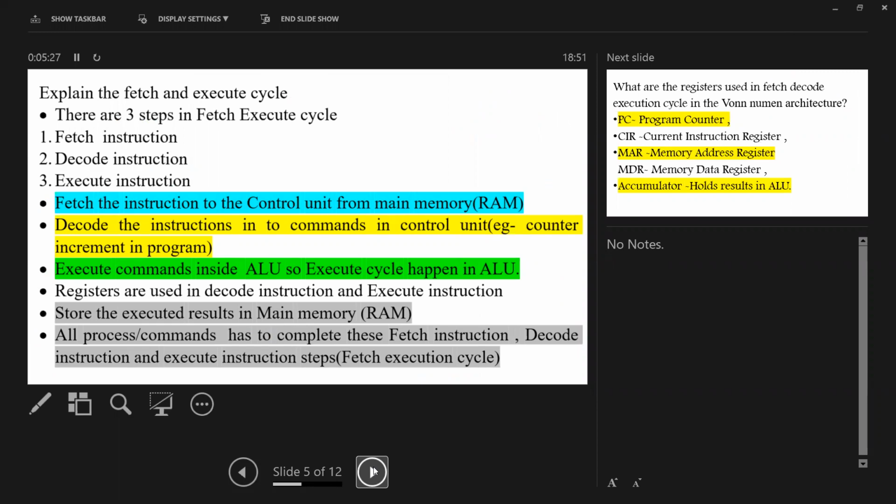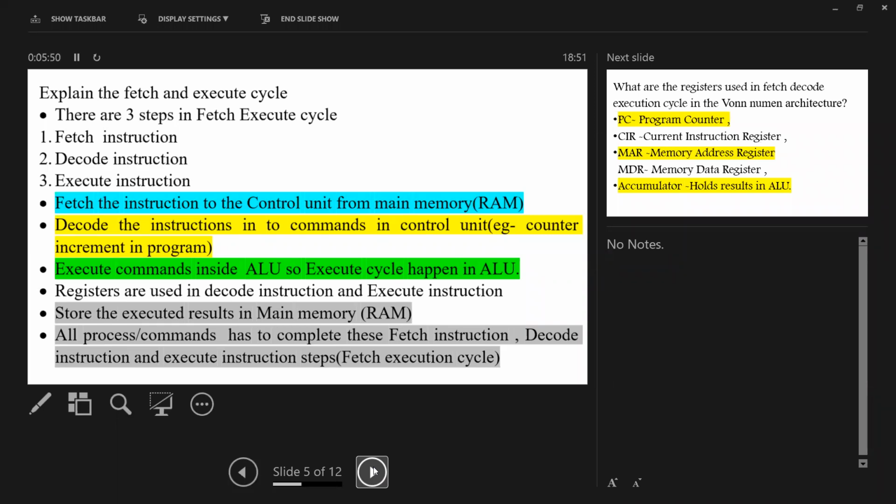Fetch the instruction to the control unit from the main memory, random access memory. Decode the instructions into commands in the control unit. For example, the program counter is incremented. Lastly, we discussed we can do some calculation part. Then